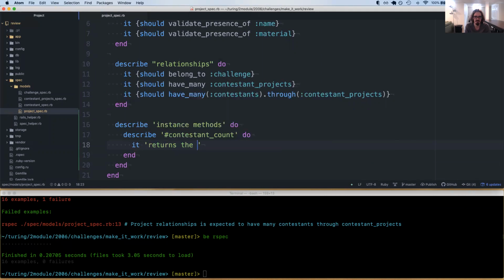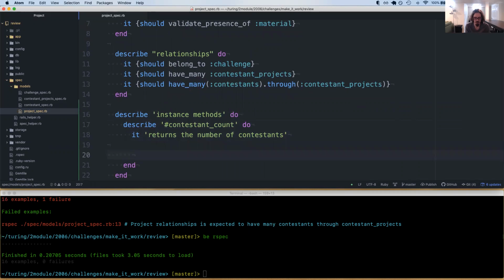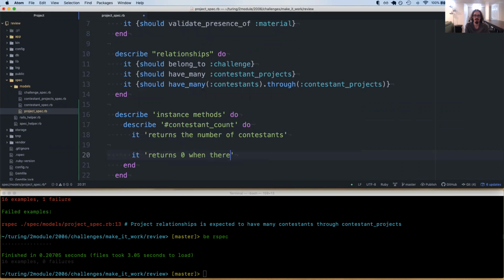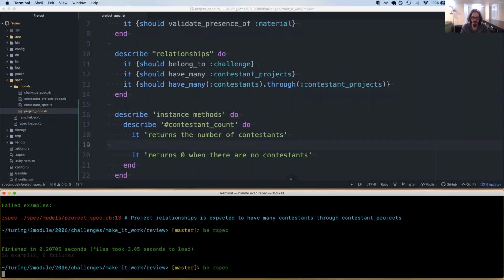It will say, returns the number of contestants. Something else I will sometimes do as I'm building out these tests is write out my it blocks first. I'll just say, what are all the things this method should do? I also want to account for edge cases, so I want to say something like, it returns 0 when there are no contestants. I'll start off with writing out these it blocks so I can describe in English what I want this to do, and then I'll worry about making the test. You might not have seen this before, but if I make an it without a do block and I run this,